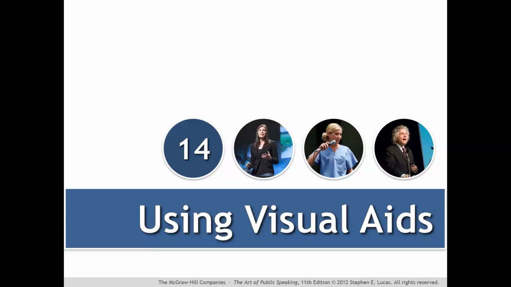Okay, everybody, this is chapter 14, using visual aids. You're going to need to use visual aids for the upcoming speech. I'm about to open the assignment criteria for that so that you can look it over and start preparing for your topic outlines. Make sure you read the assignment criteria carefully because it tells you that you need a minimum